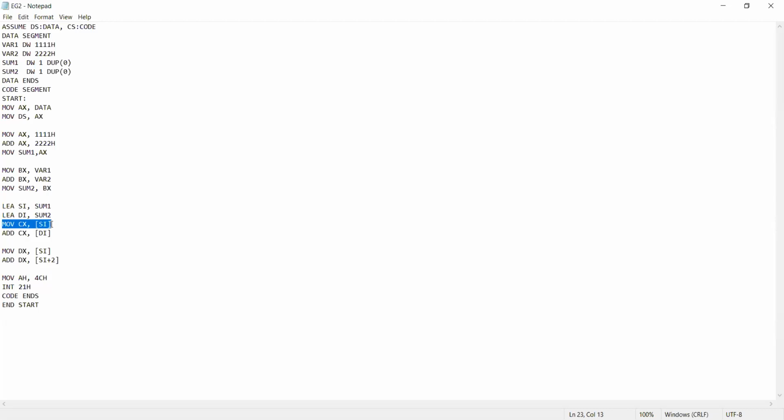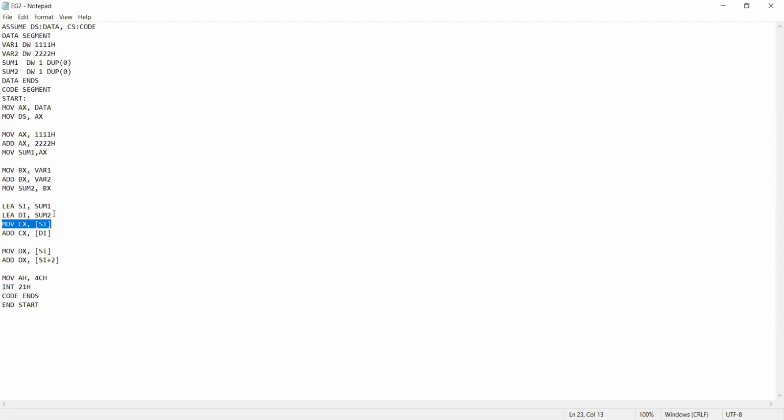Yes, sir. So essentially, the address of sum1 itself will be stored in CX, right? Not the address of sum1. Okay, so that is dereferencing. Yes. The address of sum1 is in SI, right? Similarly, DI consists of the address of sum2. Within the square brackets, we can put SI. That means what will happen? Contents at that particular memory address. Within the square brackets, DI means contents at that particular address.